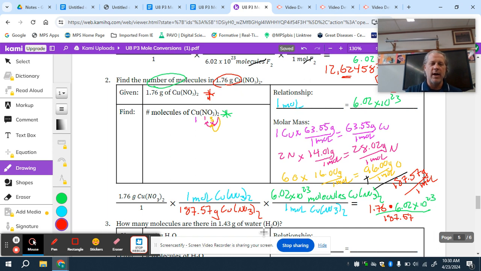But before we do that, I want to touch base with what units have canceled out. So it looks like grams of copper nitrate have canceled out on top and bottom. Moles of copper nitrate have canceled out on top and bottom, and we're left with molecules, which is what we're trying to find. So I'm going to go ahead and put this into my calculator by taking 1.76 times 6.02